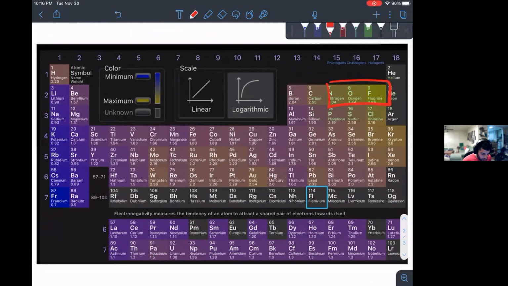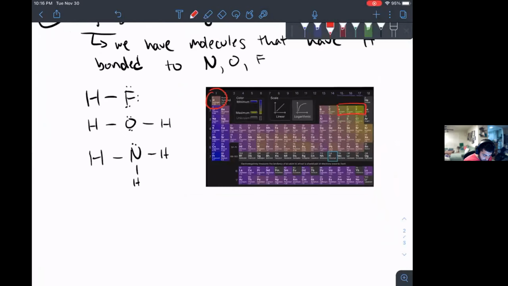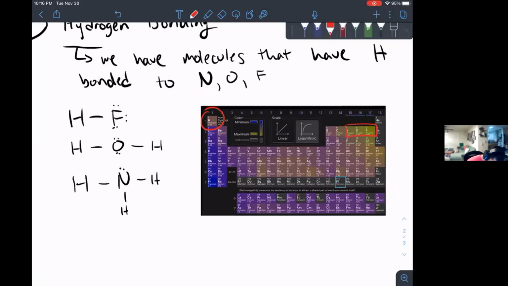And when they bond with hydrogen, one of the least electronegative nonmetals, you see that it creates such a large difference in electronegativity. In fact, the difference in electronegativity is so large,